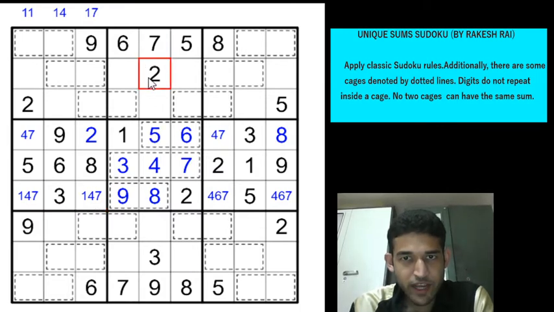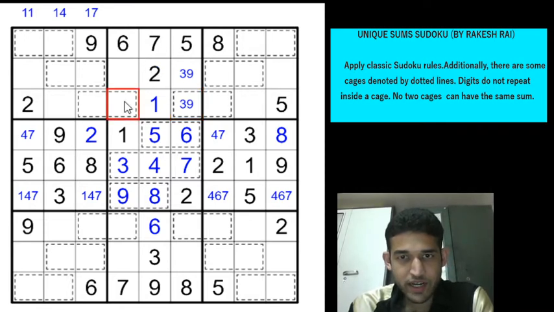Right. Column 5 has 7 digits filled already. The remaining digits are 6 and 1. Right. 4, 5, 8, 3, 9, 2, 7 have been placed. 6 and 1 are yet to be placed, but 6 is in box 2. That gives a 6 here, and which poses a 1 here. Now box 2 has 1, 2, 5, 6, 7 filled, and 3 and 9 cannot be in column 4, which means 3, 9 will be locked in these two cells. And the remaining digits are 4 and 8, which will go into these two cells.